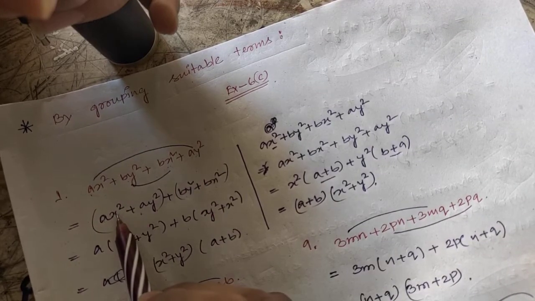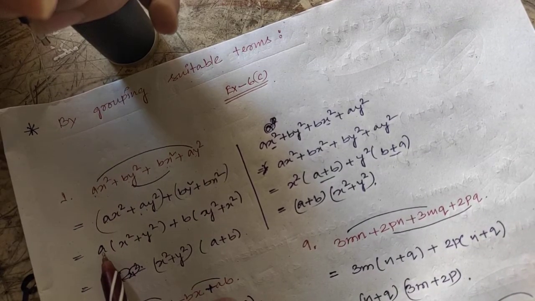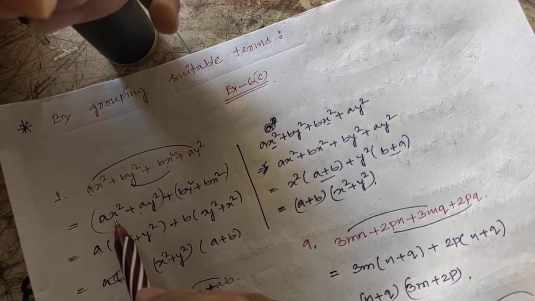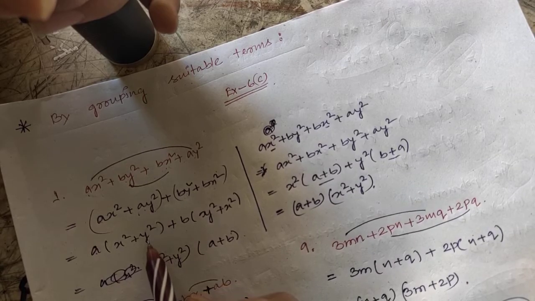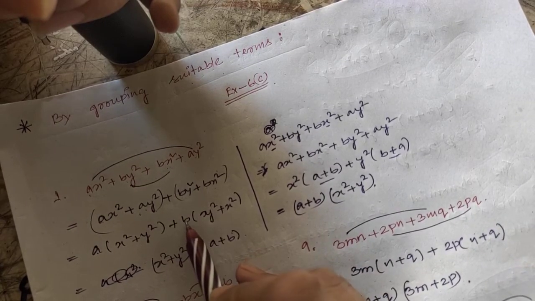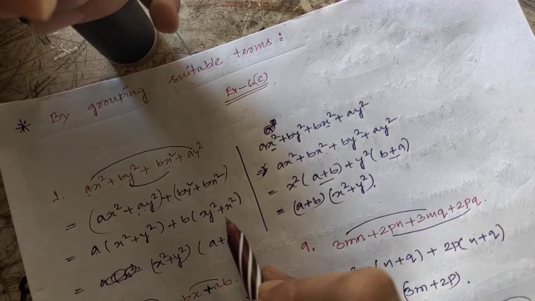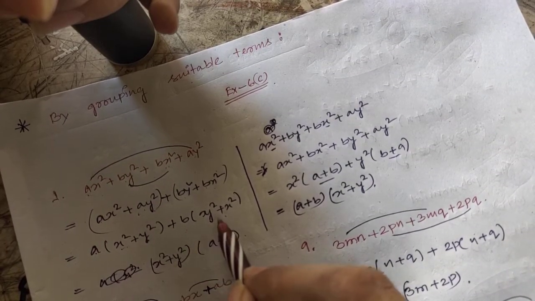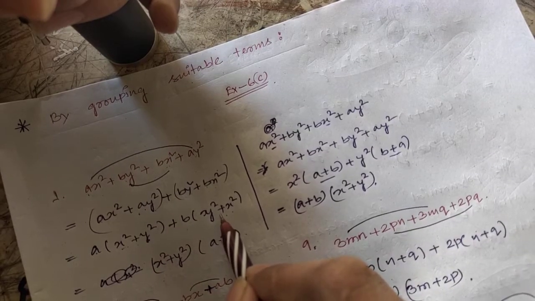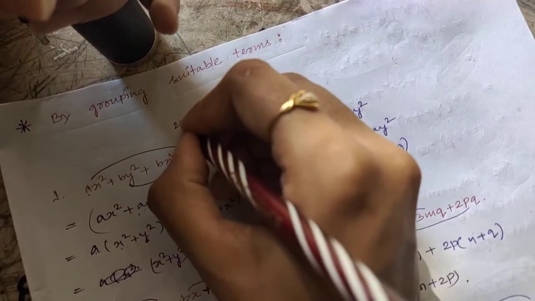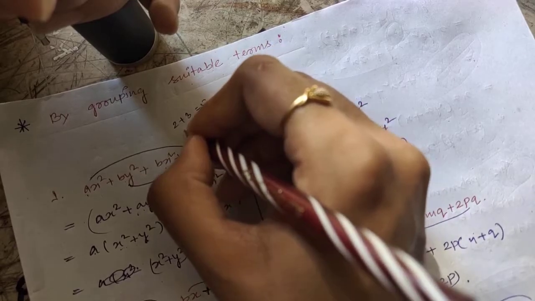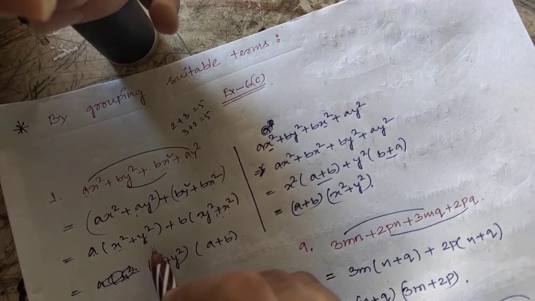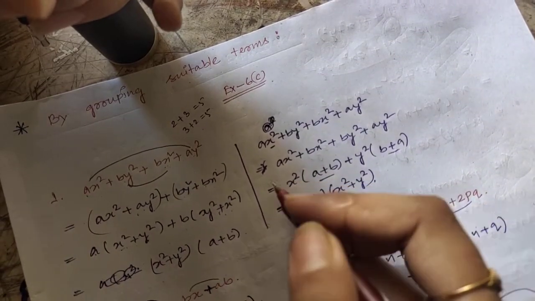Now ax², ay². So can I write a? Yes, I have taken a common. Now a I have taken, so x² and here also y² will be there. b I have taken common, so y² and x². Okay, now see here also x² + y² plus x² + y². In case of addition I have told order doesn't matter. Why? Because 2 + 3 also you will get 5, 3 + 2 also you will get 5. So in case of addition, x² + y² means y² + x² only.